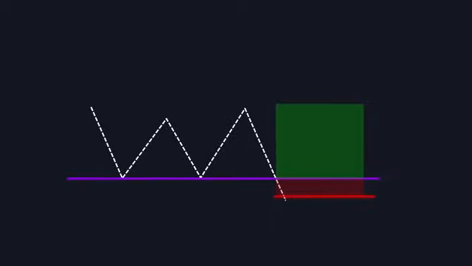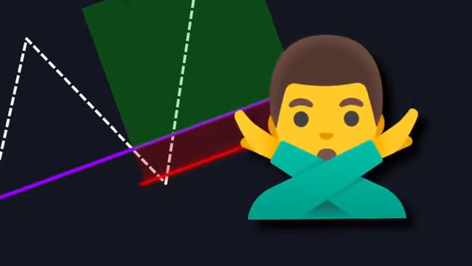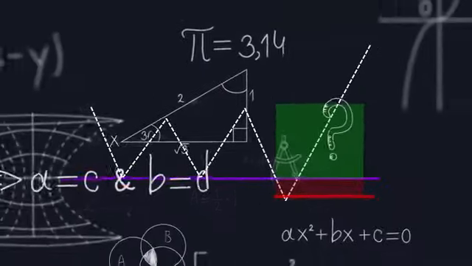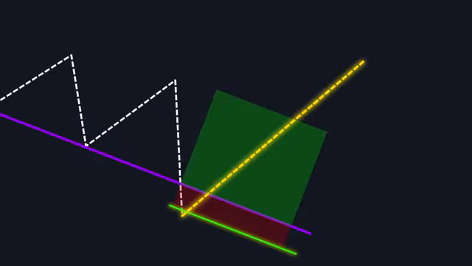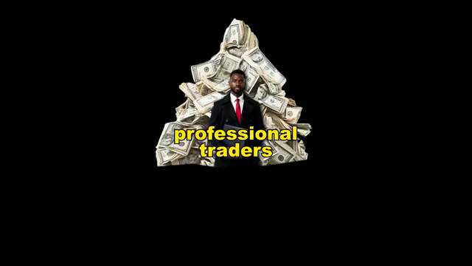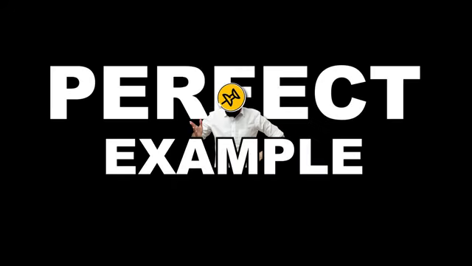This is why you see those frustrating scenarios where price hits your stop loss by just a few pips and then immediately reverses in your intended direction. It's not bad luck. It's calculated liquidity hunting by smart money players who need your forced selling to fill their massive buy orders. But certain price levels have way more liquidity than others, and this is where professional traders make their money. Let me give you a perfect example of how this works.